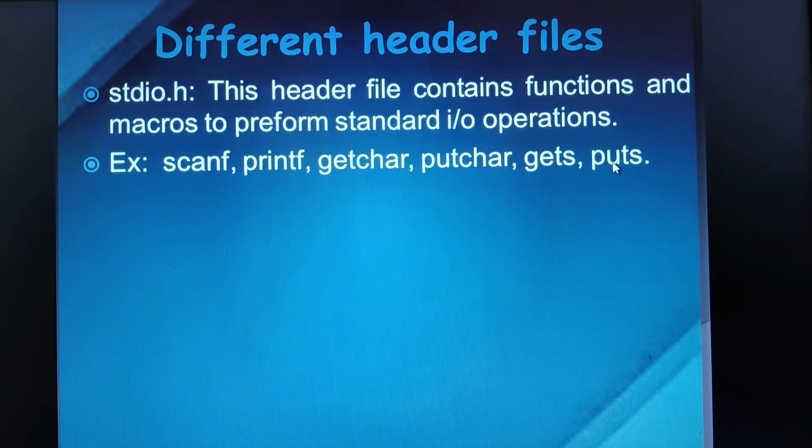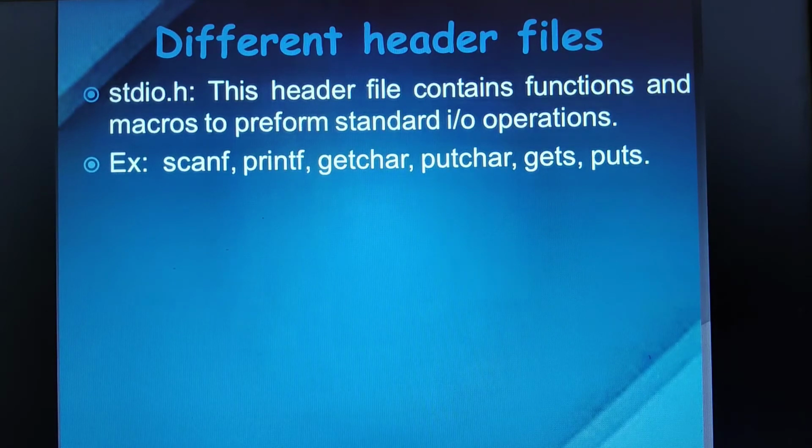The gets function is used to read a string input from the keyboard. If you want to read only a single character, go for getchar. If you want to read an entire string, more than one character, then make use of the gets function.